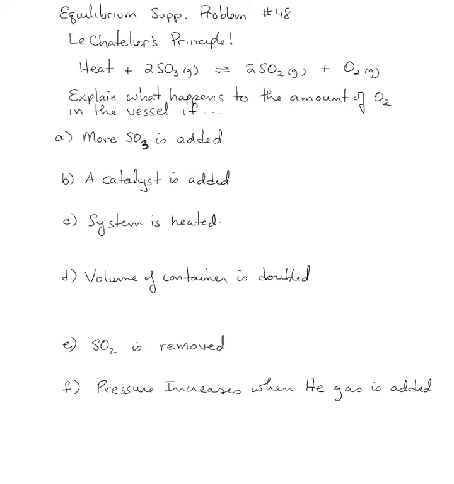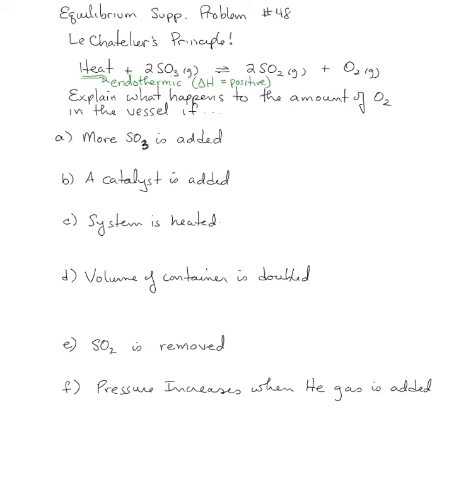The reaction shows heat on the left side of the equation. That means that this reaction is endothermic. When heat is written on the left side of an equation, that means heat is being absorbed. It's endothermic. If heat were written as a product on the right side of the equation, it would mean heat is being produced by the reaction, and it would be exothermic. We remember also that an endothermic reaction has a positive